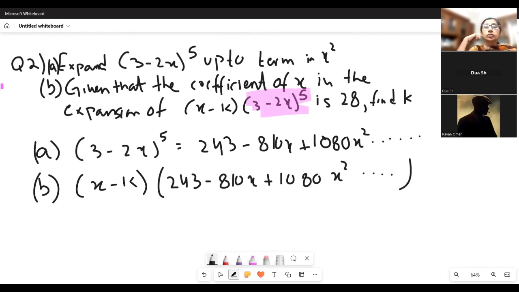Now they're saying the coefficient of x in the expansion of this is 28. So what do we multiply in both brackets to get the coefficient of x? We need the x term after multiplying the brackets, just the x term, not the constant term, not the x squared term, not the x cubed term. So what do we multiply? 243 with x and then k with 810. Yes, that is correct. This will give us an x term and this will give us an x term. So 243x